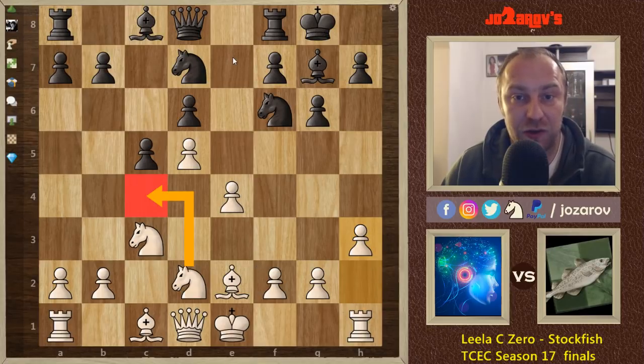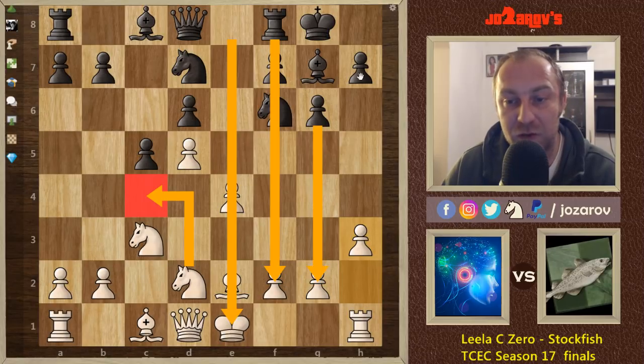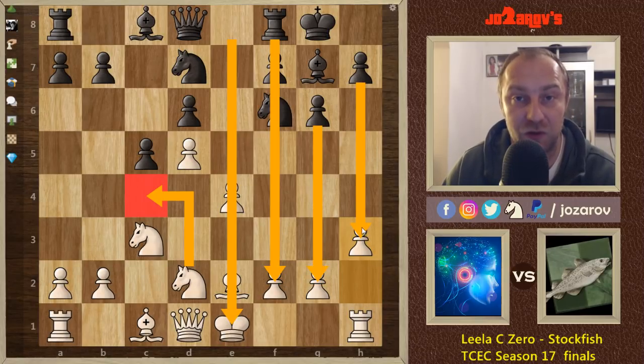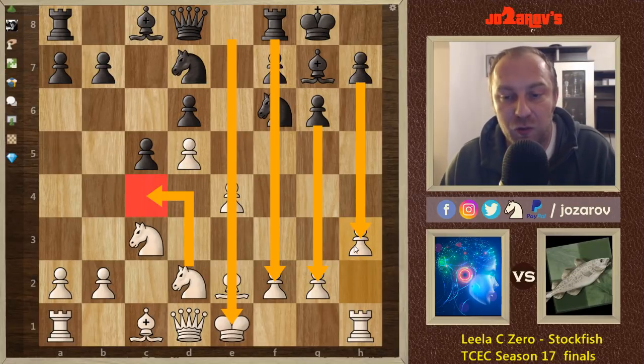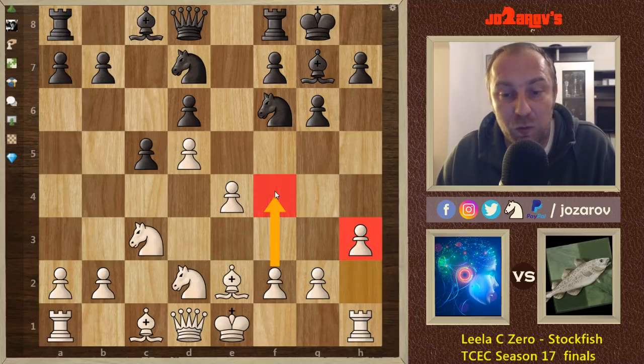But how to continue here? Here is the main advantage of white. We have this pawn majority here on the king side, so it means we have a 4 versus 3 situation. So that's the side we should try to push. In order to make that happen, this h3 is really a necessary move because we want to proceed here with